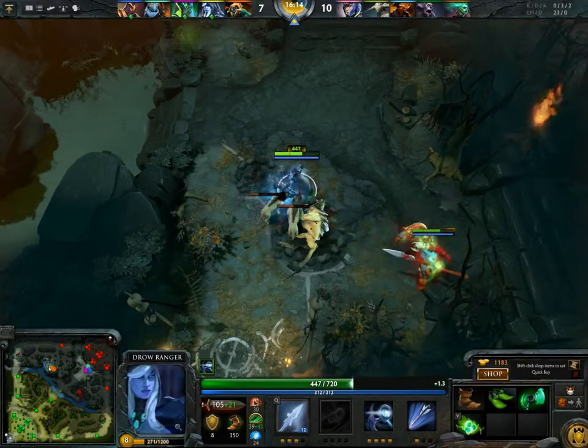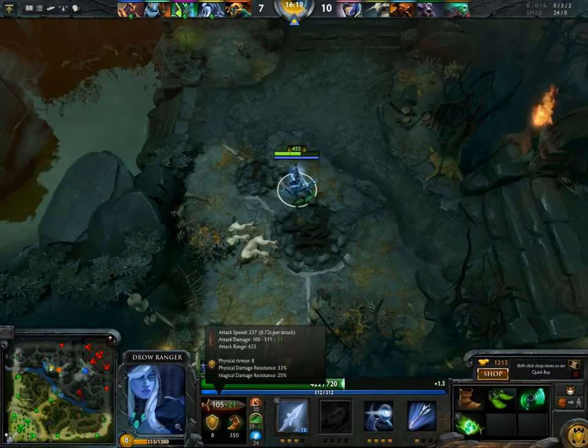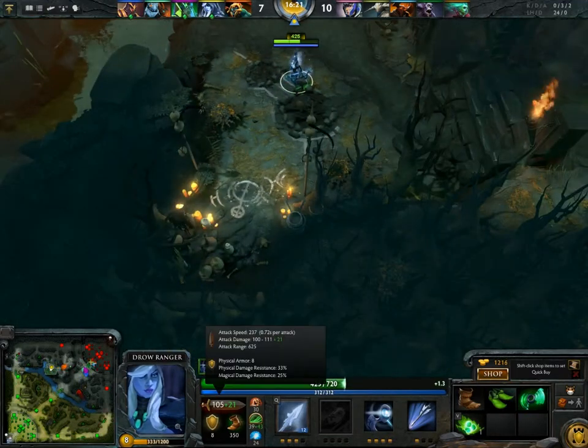He's got his attack speed up. His attack speed is 0.86. So mine is quicker, but not by much. But one of the things you want to aim at is movement speed, so you can go